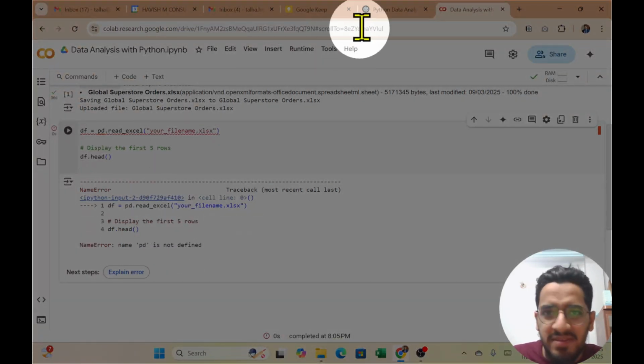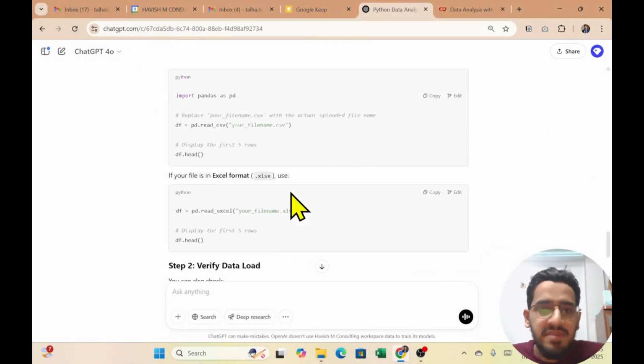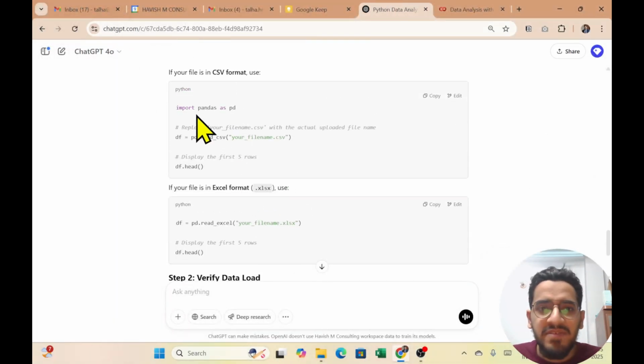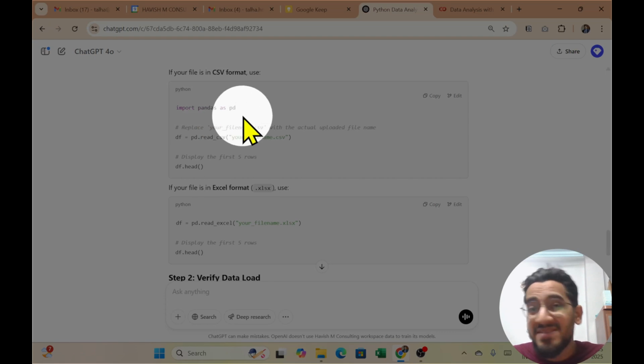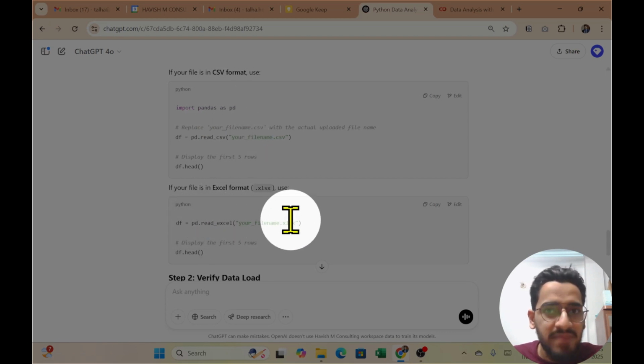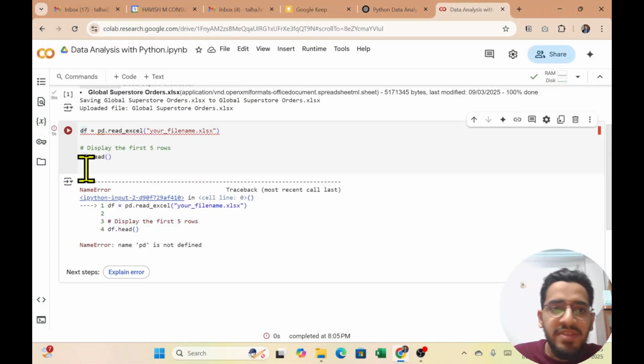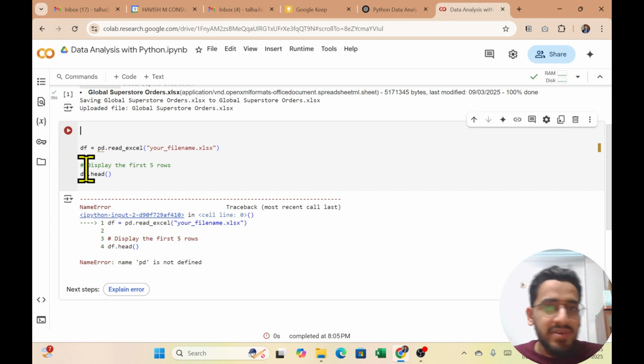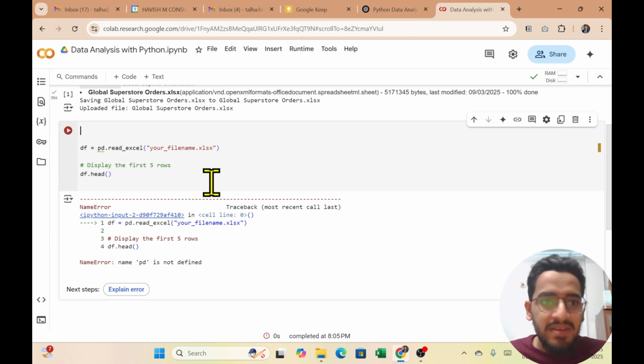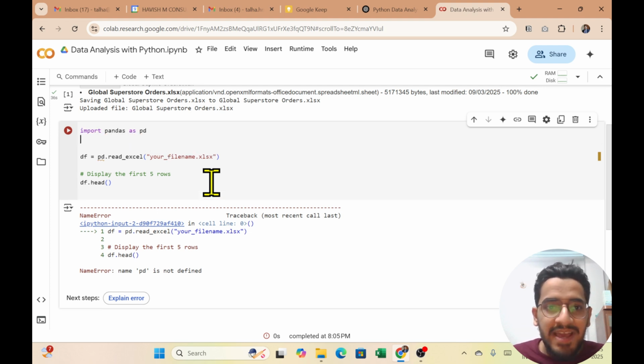What does PD mean in this piece of code? Now, here it does not say anything, but if you look at the previous block, it says import pandas as PD, and in this one it does not mention that. So it might assume that I might copy and paste it, but let's come and quickly add that to the code. Now, what happens is when you're referencing a particular library using the alias, you need to first assign that alias or import that alias. So when I say import pandas as PD,